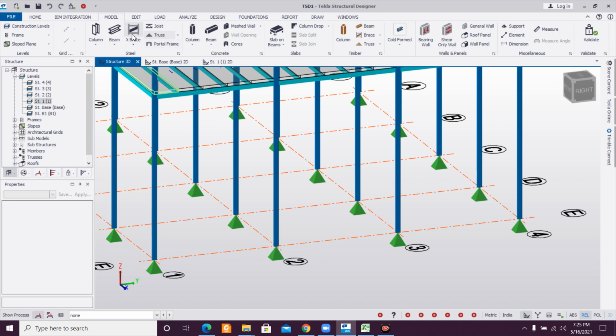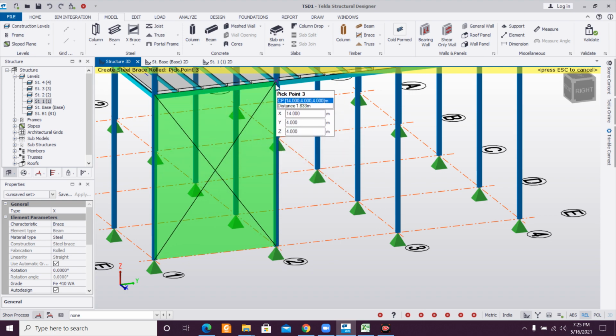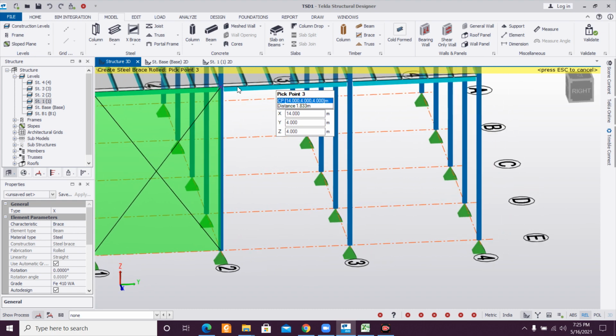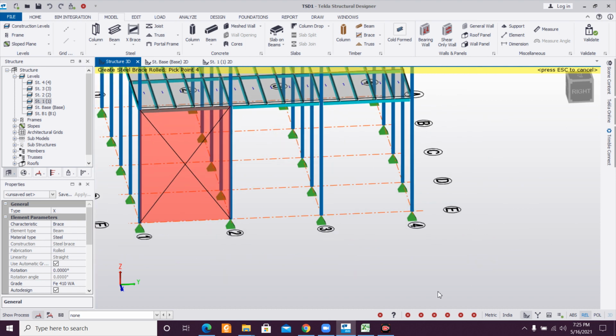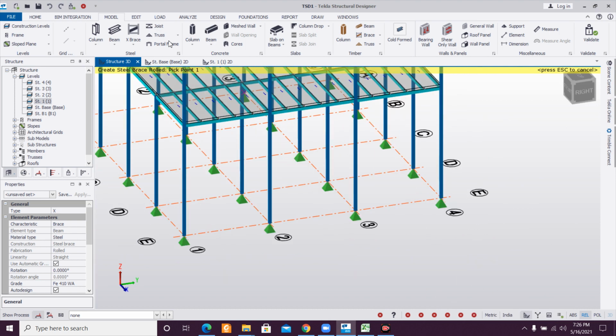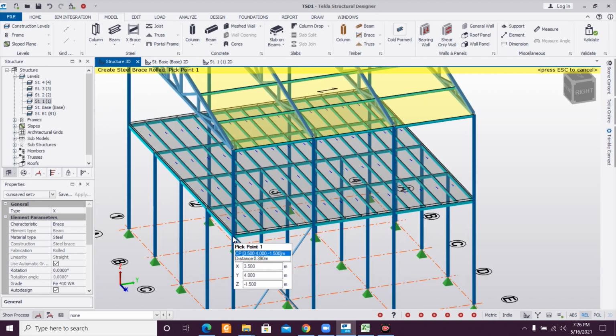Again, we'll try to place it properly. And so let's select this X brace again, select this point, this point, this point, and this point. So like this you can do, or else you can, let's just try this again.